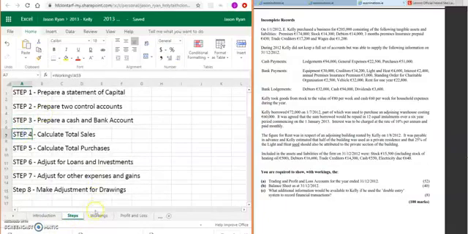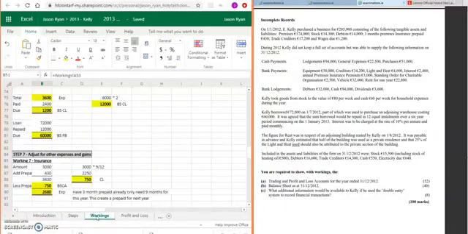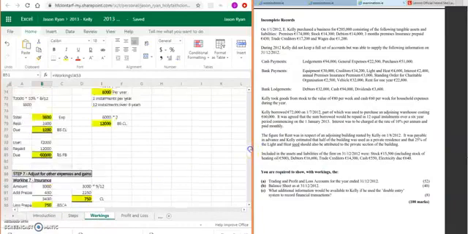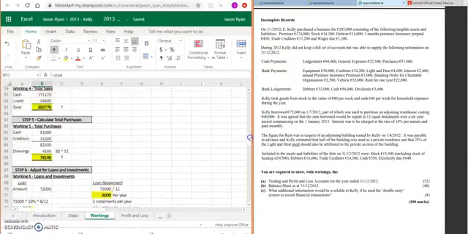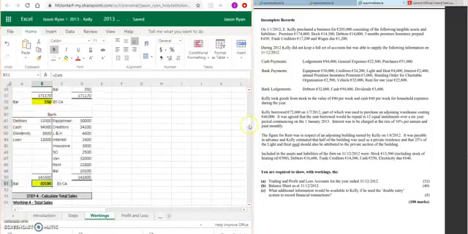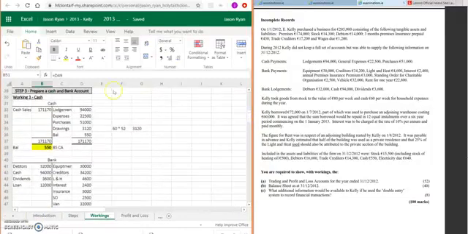Step 4, calculate the total sales. So your total sales is where you take your credit sales, add your cash sales. So in the question, we calculate our cash sales,